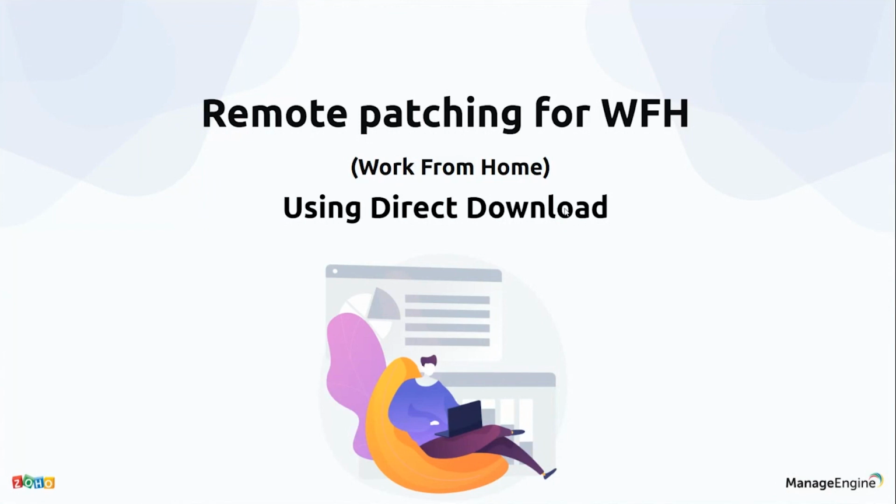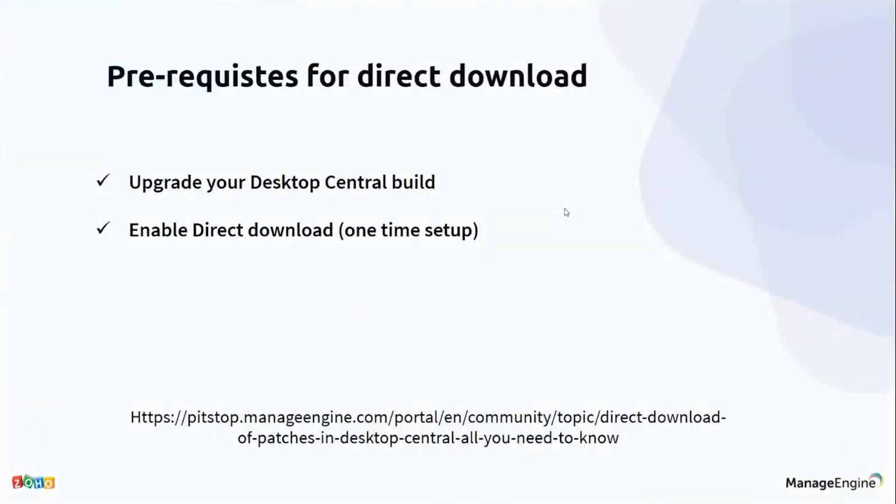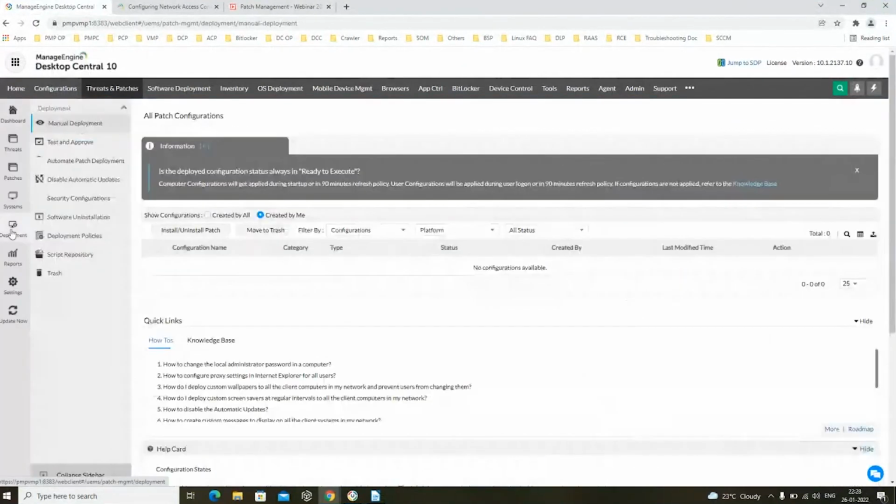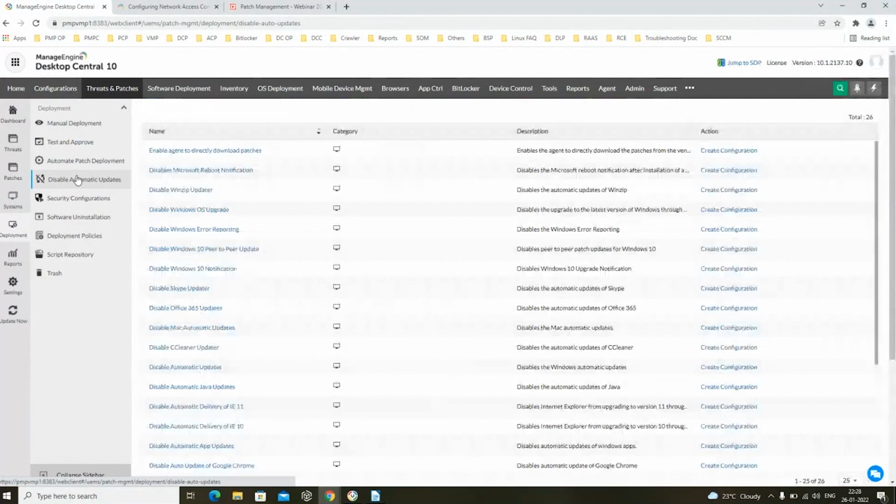Before that, there are a couple of prerequisites to enable the direct download. First, you need to ensure you are running the latest version of Desktop Central. Then you need to apply a simple configuration to allow the VPN-connected work from home endpoints to download the required patches directly. On the web console, navigate to Threats and Patches, Deployment, Disable Automatic Updates.